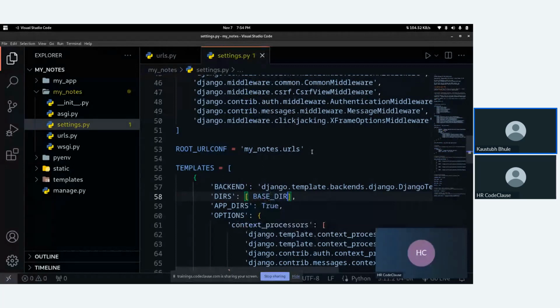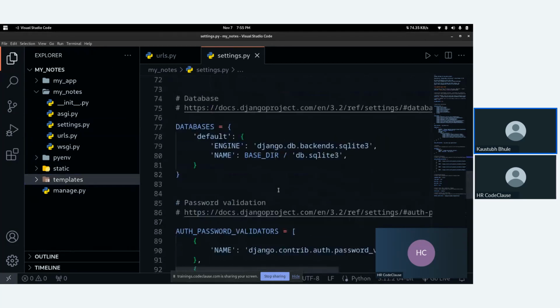We will give BASE_DIR, which will get the current directory. I mean, we are in my notes, right? So BASE_DIR will return our current directory, followed by our folder name for templates. You can have multiple template folders, guys, but for this simple demo project, I'm using a single one. So this is how we connected our templates.